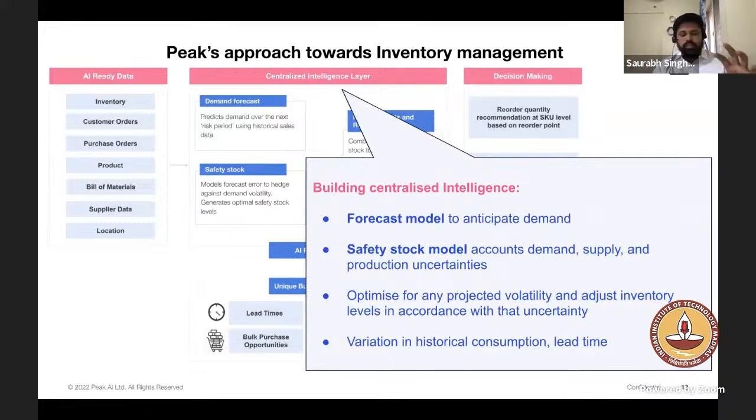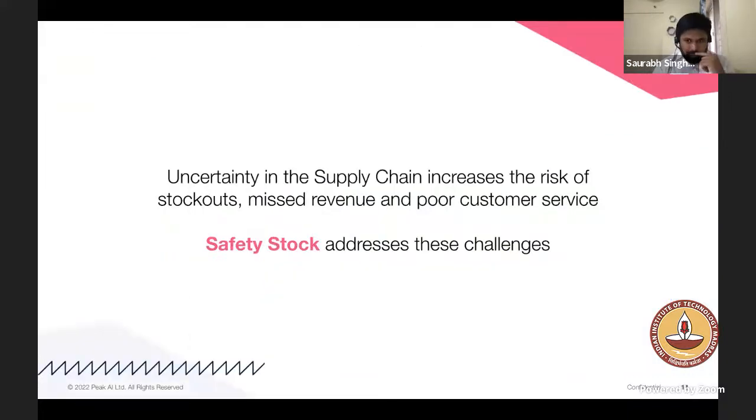We consider variation in historical consumption, lead time, and various other factors to optimize our safety stock modeling, and come up with a very optimal safety stock, right? So this is part of the intelligence layer. Now the question, as I said, is how much safety stock we need to keep. Uncertainty in the supply chain increases the risk of stockouts, missed revenue, or poor customer service. And to cater to these uncertainties, we have something called safety stock that addresses these challenges,